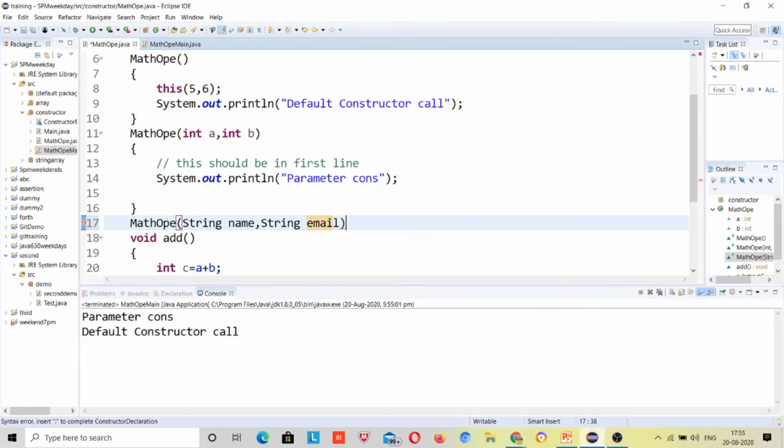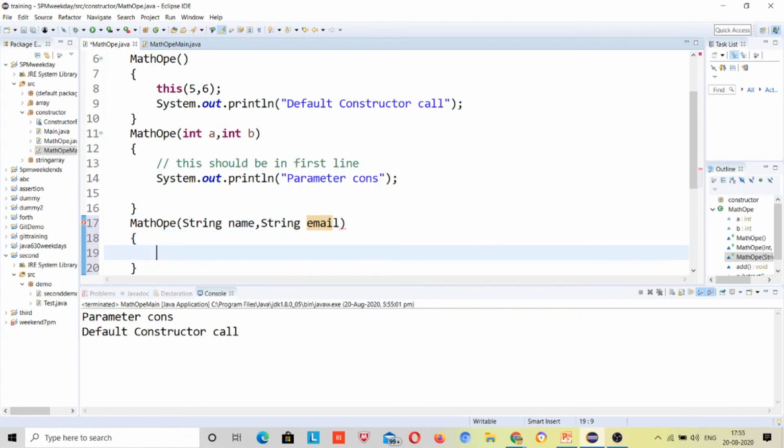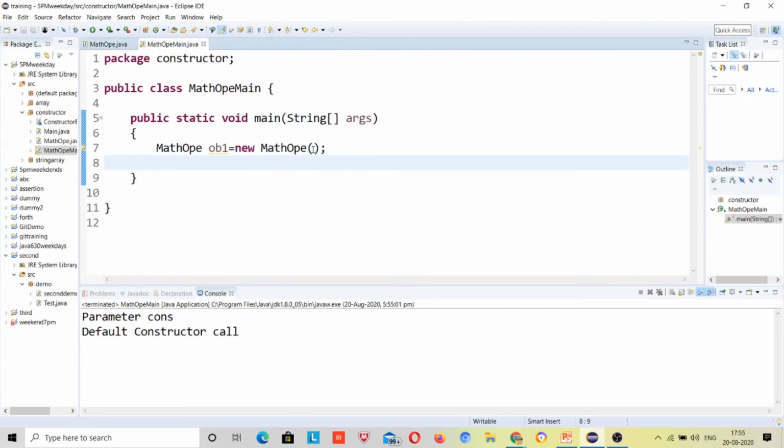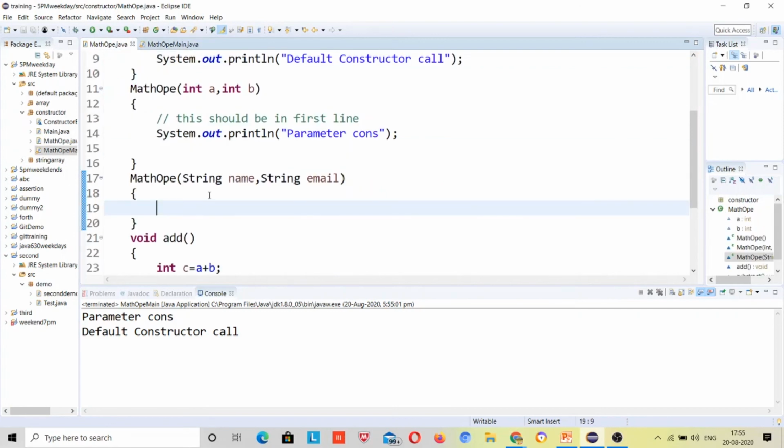This constructor is receiving these. Now if you answer that, the constructor concept will be clear here. Vandan, Sumit, right? I will give these over here.